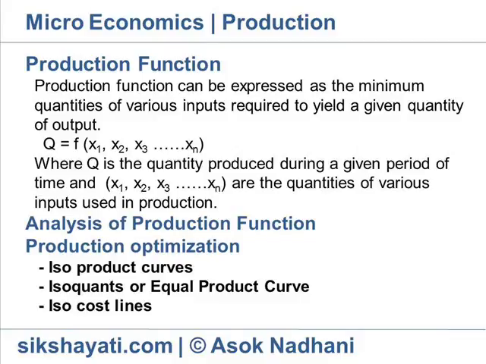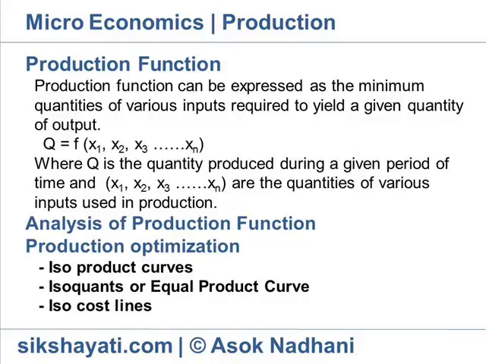Production function. Production function states the relationship between inputs and output, that is, the amount of output that can be produced with given quantities of inputs under a state of technical knowledge. The inputs are the different factors of production like land, labor, capital and enterprise, and the output is obtained in the form of goods or services produced.